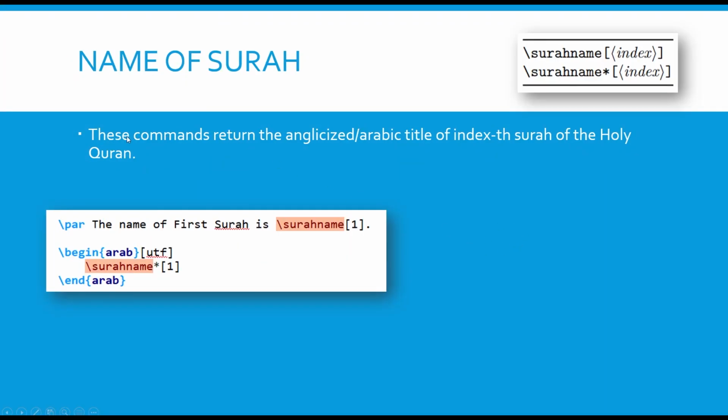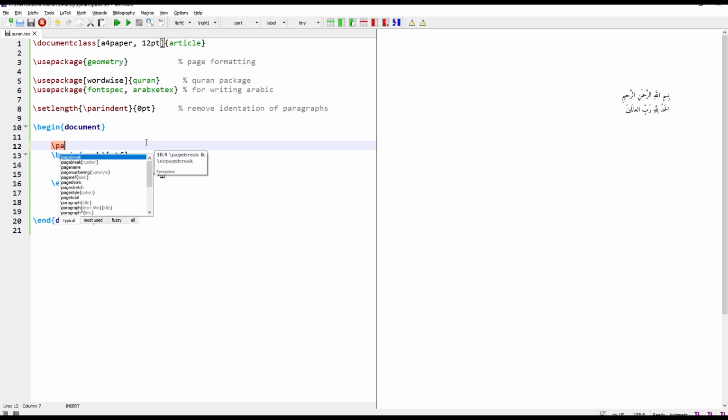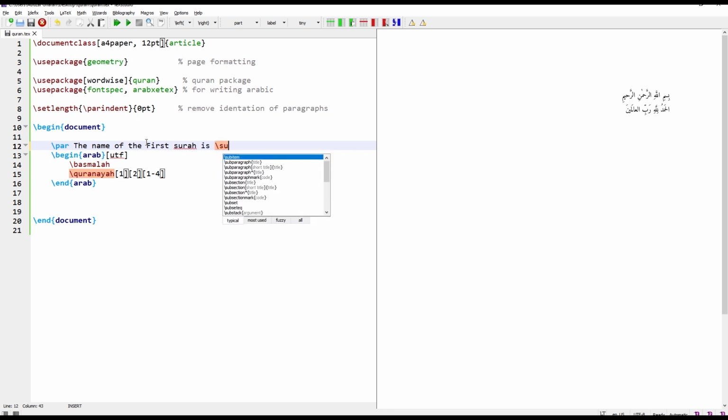The next command is names of surah. To get the name of the surah, this command can be used. Surah name and give the index of the surah. For example, 1. The name of the first surah is surah name 1.